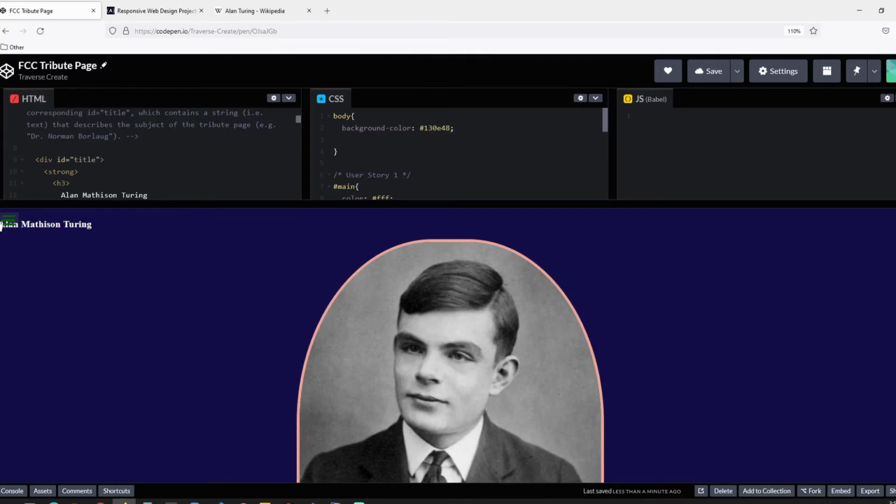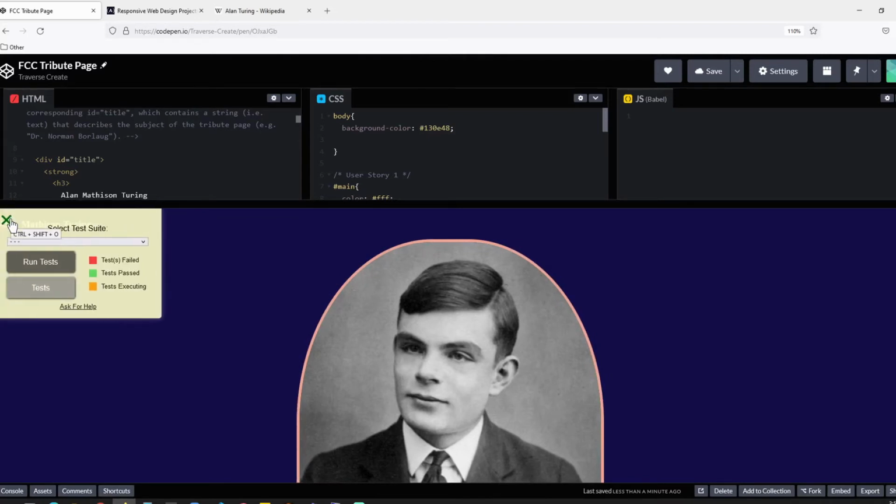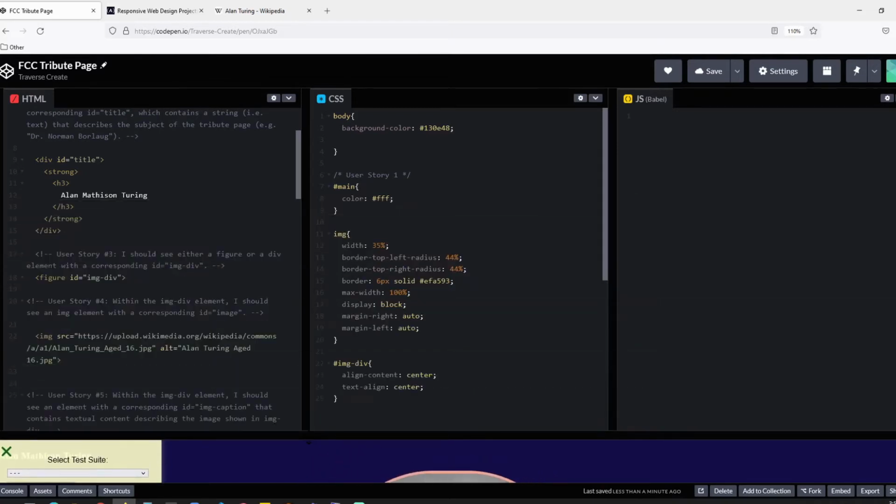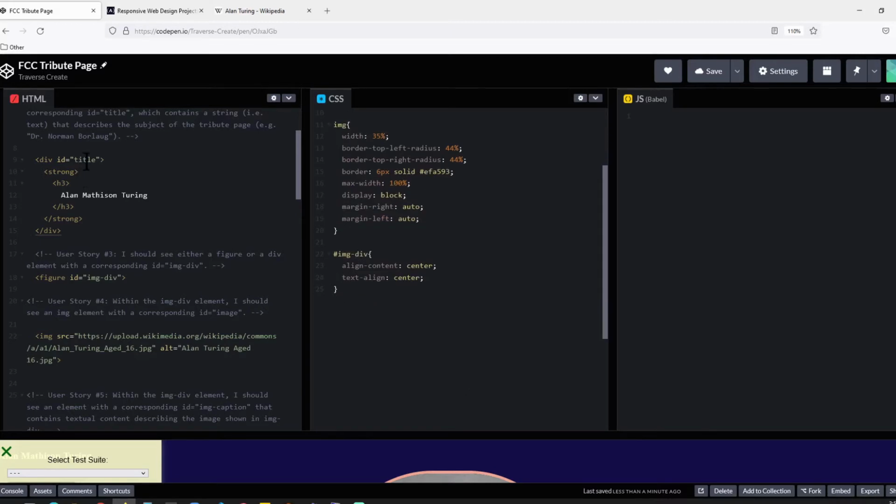Currently, I don't like the title over here because when you open this, it covers the Allen Matheson. So what I'm going to do is move the title all the way to the right side. In order to do this, go over here. Currently, we gave the ID of title. It's right over here. So ID title, and we're going to call it as text-align to the right,